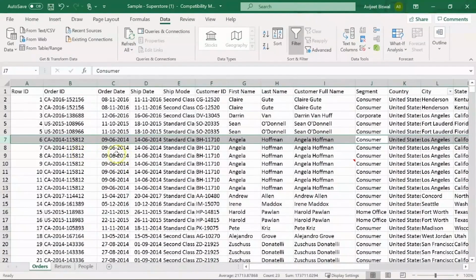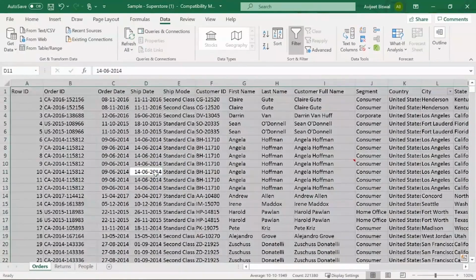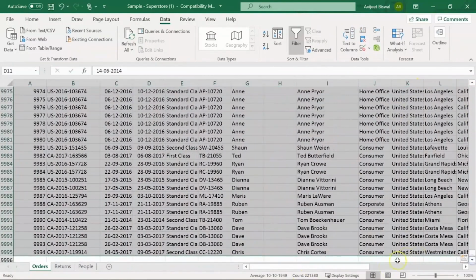Similarly, if you want to select an entire column, you can hit Control space. So if I hit Control space, it has selected my order date column. Now to select the entire worksheet, you can use Control Shift space. So I'll hit Control Shift space. You can see it has selected my entire worksheet.